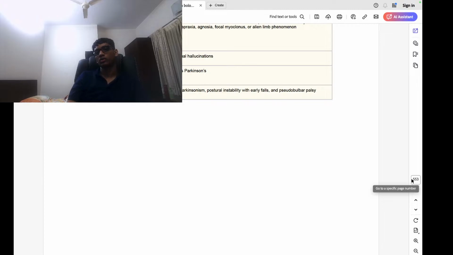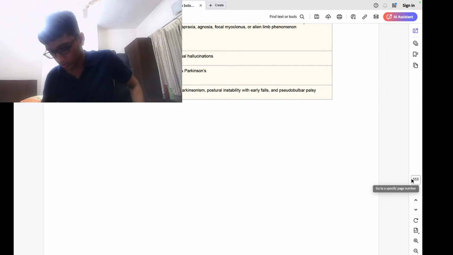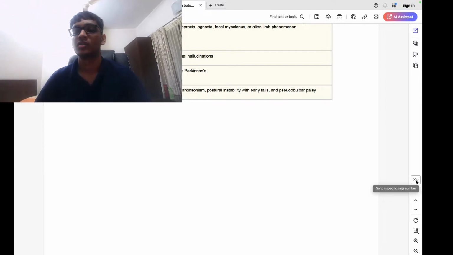Today and tomorrow I have to finish the entirety of CNS, which is again 220 pages. GAT was the smallest, 60 pages was the smallest. Imagine that, 220 pages times 5, 220 times 5,